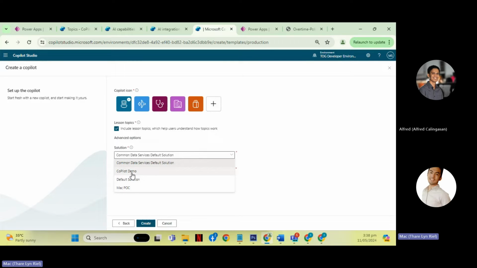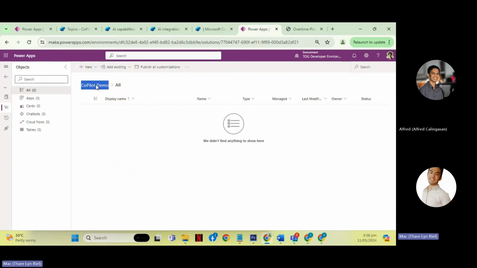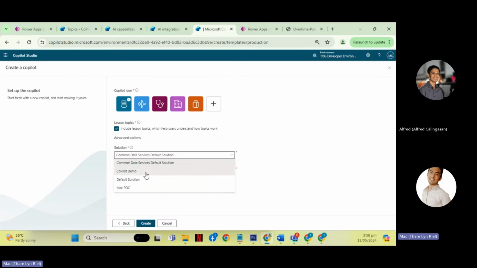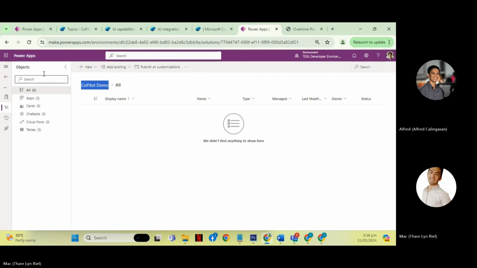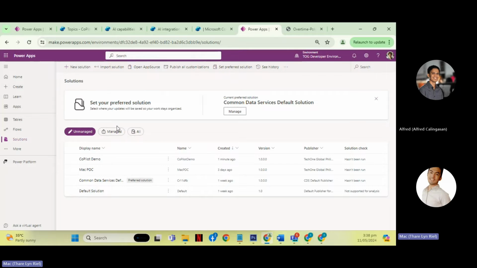Now the solution that we created previously is shown here. As you can see, this is the publisher of the solution. If you're going to use the default publisher, it will show the prefix of that publisher.